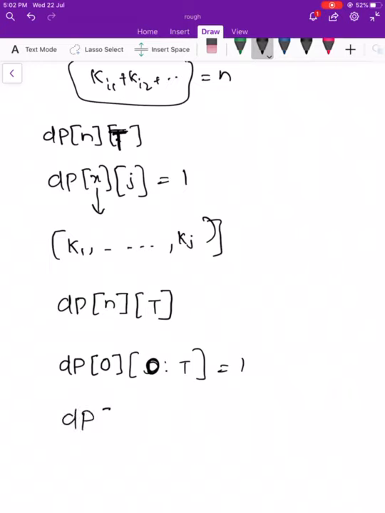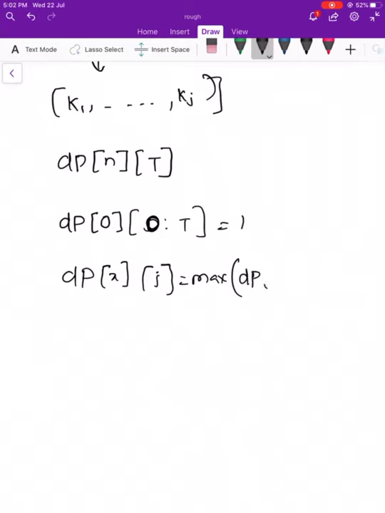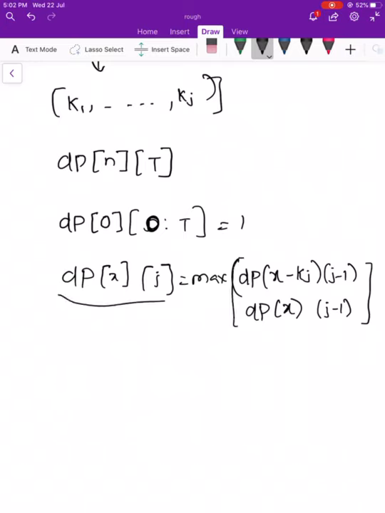And dp of x, j will be the maximum of two cases. Suppose you selected the jth part, then it will be dp of x minus kj, j minus 1. If you did not select it, then it will be dp of x, j minus 1. If any of them is 1, then dp of x, j is 1. And the final answer will be dp of n, t.